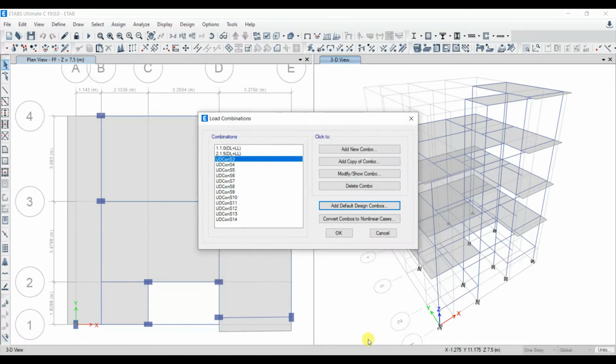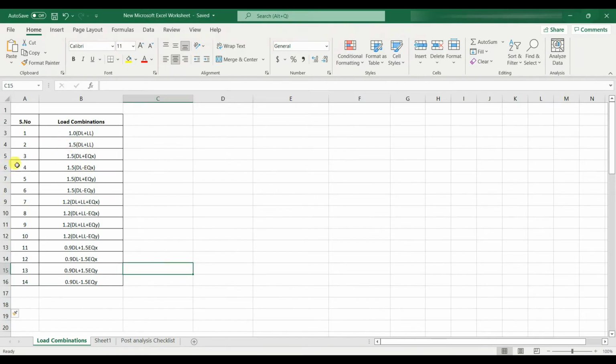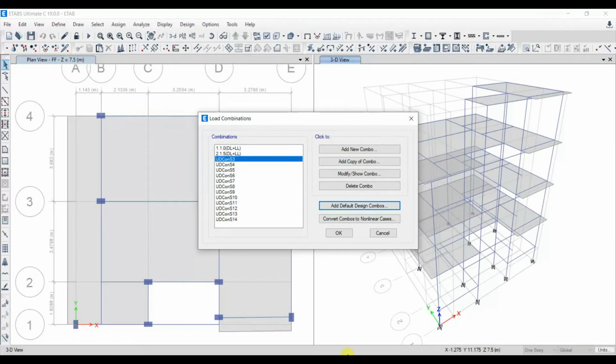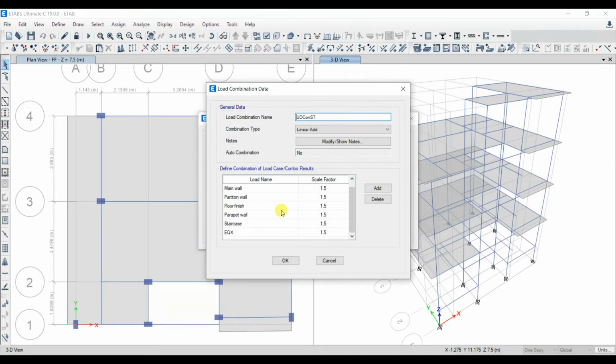We have our load combination here. Third one is 1.5 times dead load plus EQX. Let's see where we have that one. Yes, this is the load case which we want, positive EQX, 1.5 times dead load plus positive EQX. We can name it as 3, 1.5 times dead load plus EQX. Give OK.